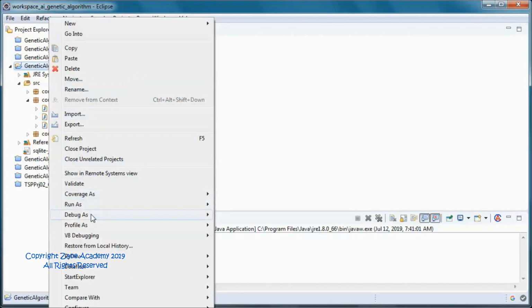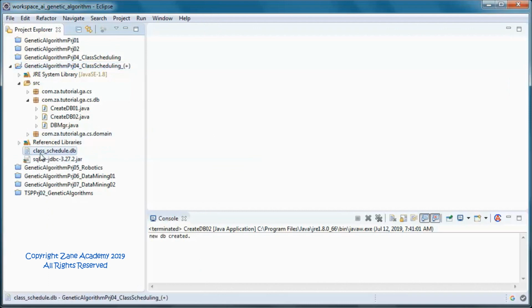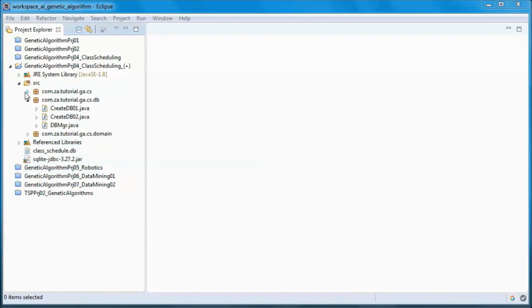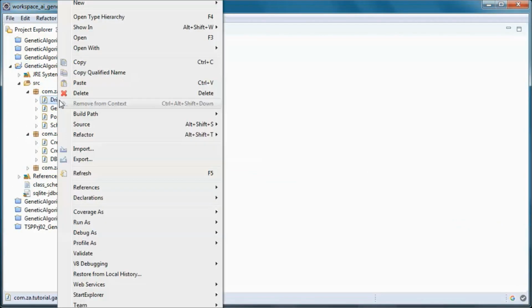So we will refresh, and this is the database that was created. And if we run the application,